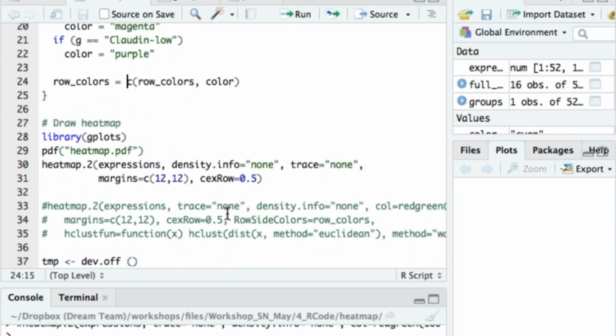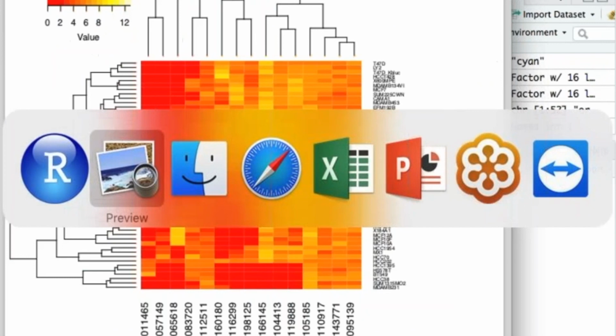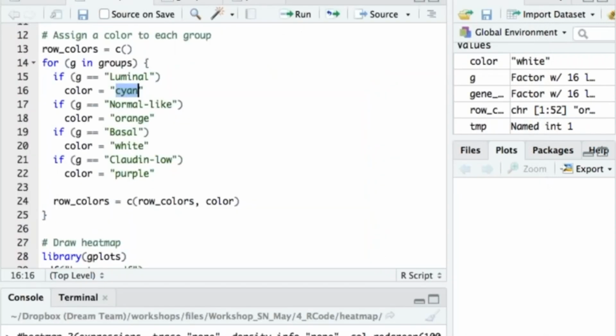And then we can pass this option to the heat map and see the thing which is not possible to do in Excel. You see that this is a luminal group, and I don't remember group names and their colors, but okay, that actually is the point. So